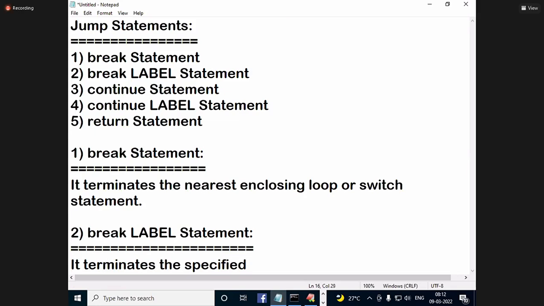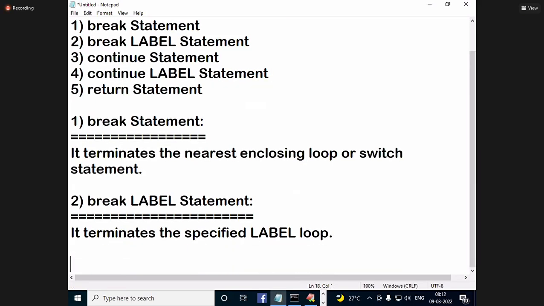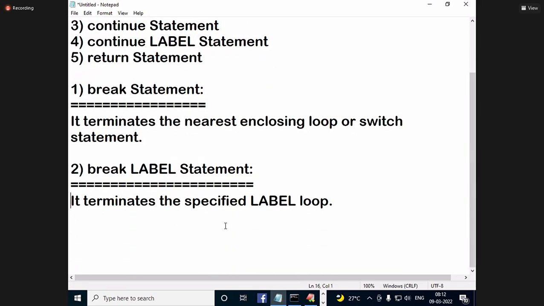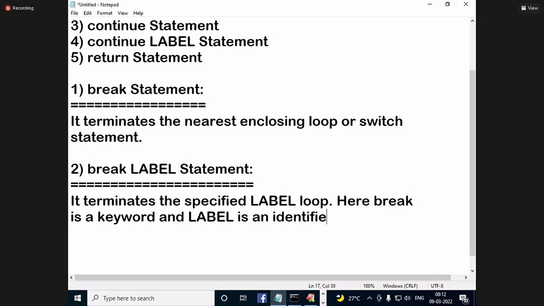It terminates a specified label loop. Here, break is a keyword and label is an identifier.